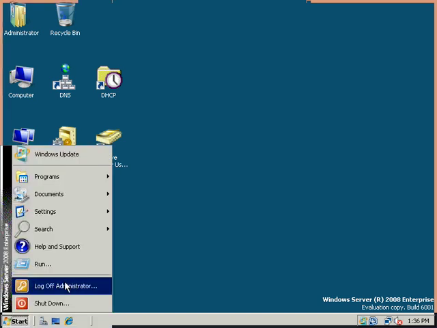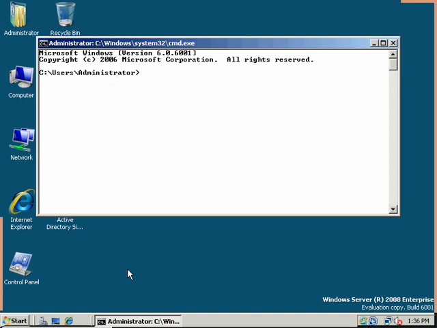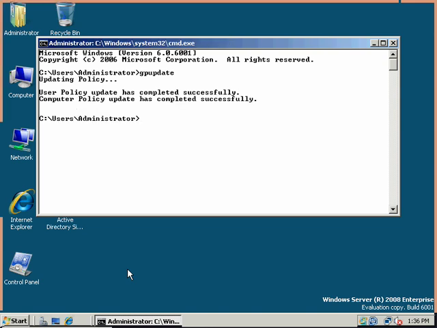Now remember, we still need to do GP update. So I'm going to open up a command prompt again just so you can see what goes on. And this will refresh our group policy setting changes. Since we changed the default domain controller policy to allow users to log on locally, we also changed the default domain policy, the password policy, so we can have simple passwords. Once we perform the GP update,